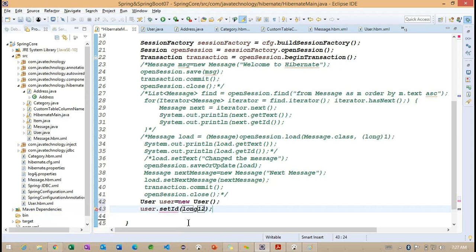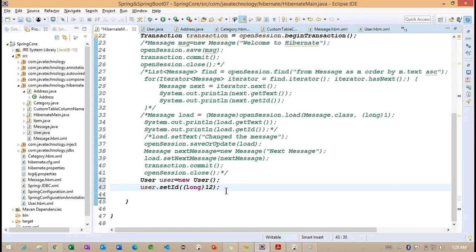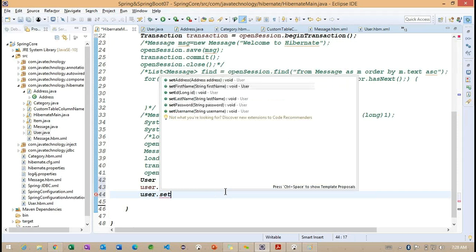So long, okay. I want to convert to long here. Okay, I converted into long data type.